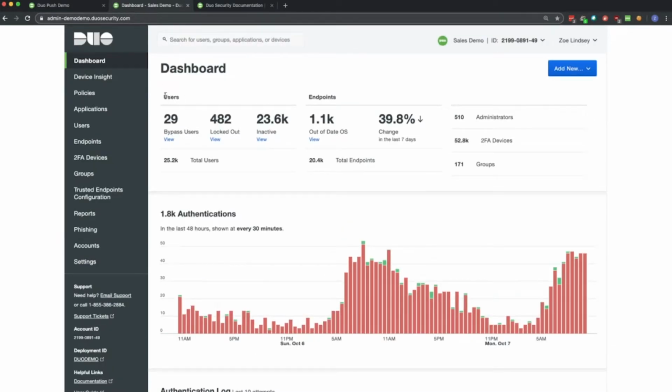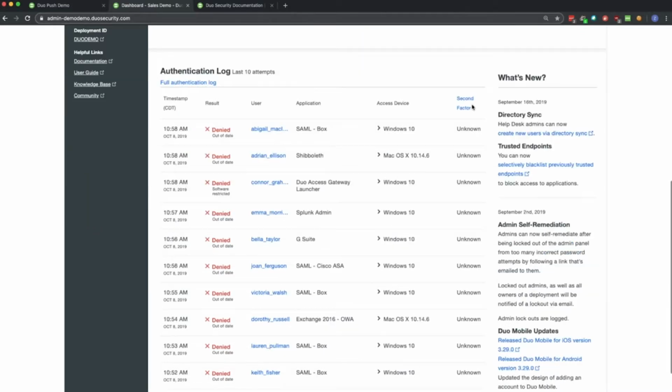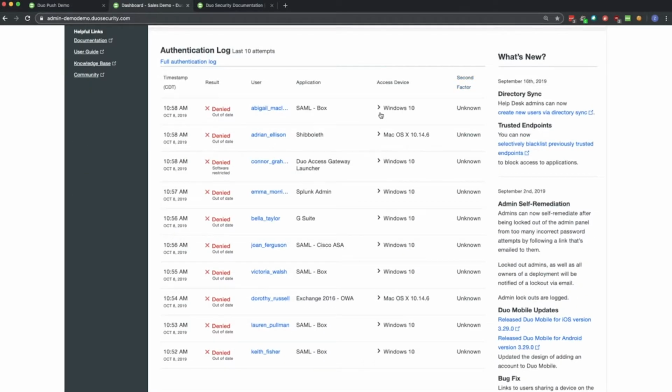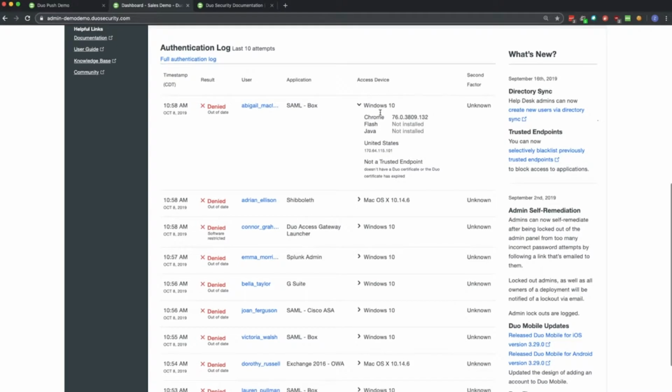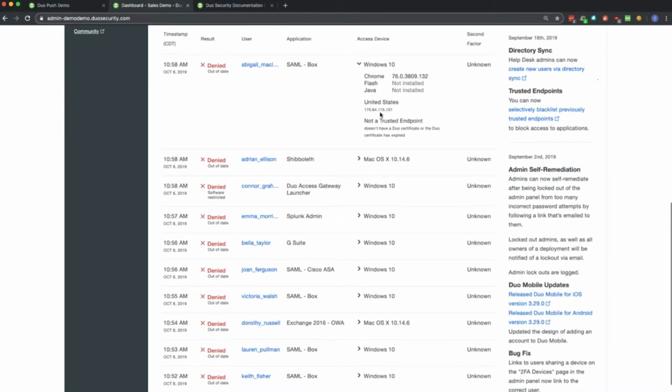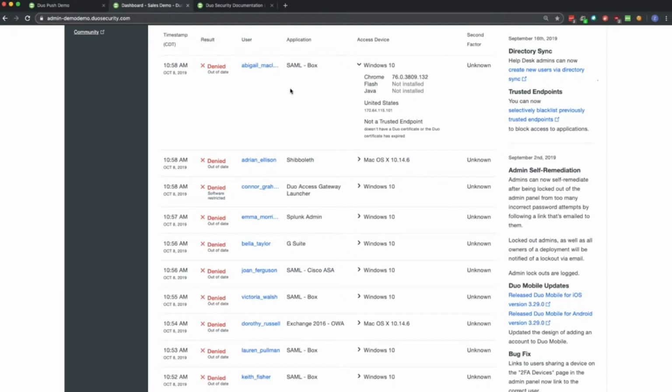You also get a heads up on your user status: how many users are locked out, set to a bypass mode where they won't be challenged for two-factor, or are enabled, as well as the total number of users, how many endpoints are in your environment, how many of those are out of date, total numbers of administrators, devices, and users enrolled, and a snapshot of your most recent authentications with all of that data that we were talking about that we're going to collect when a user logs in, that they see in that push authentication request: the time, the result, the user, the application, the IP origin, etc.